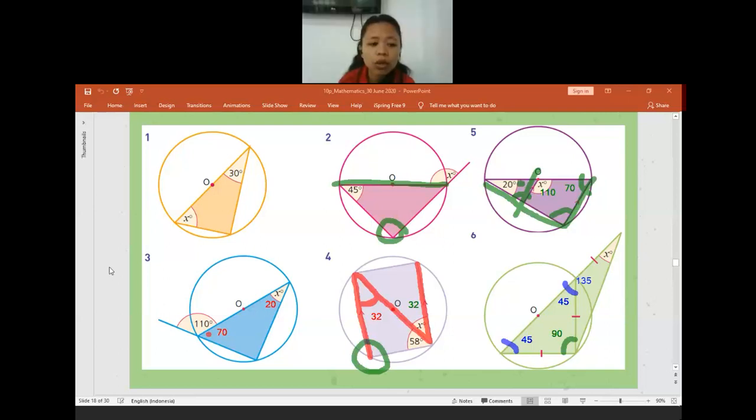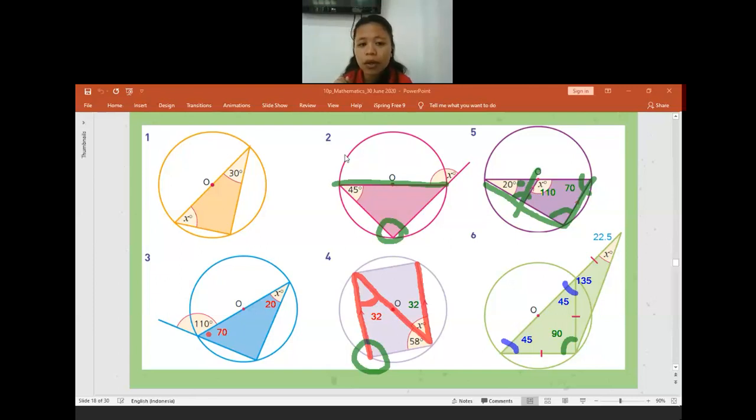How to get the 22.5? Where does the 135 come from? If a straight line in total is how many degrees, Nico? 180. Yeah, I already have the 45, so just do 180 minus 45. It will equal 135. Or are you still confused? When it is a straight line, it is always 180.